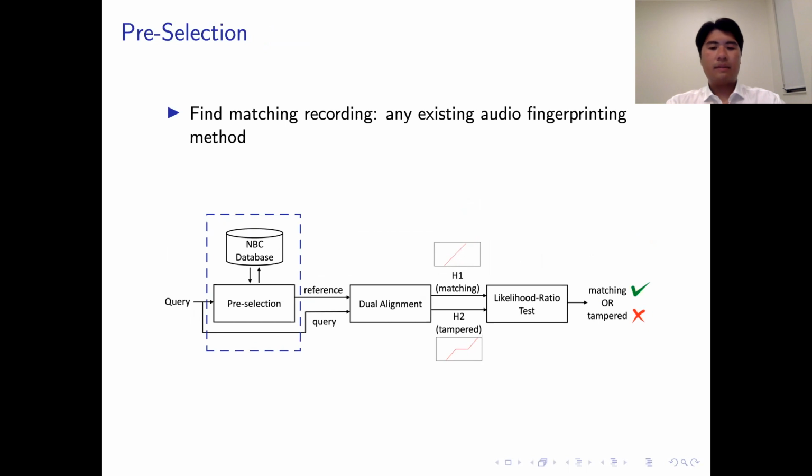recording has been found. Note that if a match cannot be found, we can simply declare the viral broadcast news clip to be unverified. This would be the case if the news clip was a completely synthetic deepfake. The key output of the pre-selection step is to find a matching reference recording from a trusted database. Our goal in the next two slides is to compare the query and the trusted reference recording to determine if any tampering has been done.